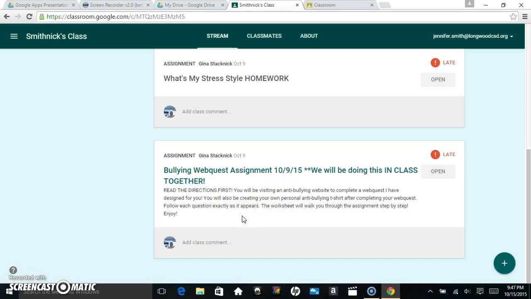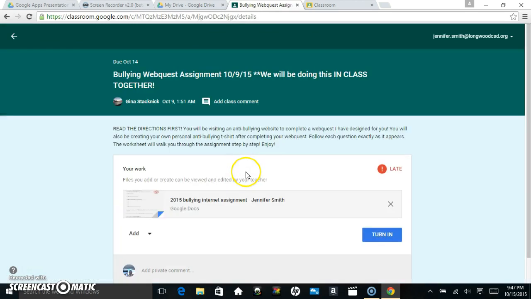Read the directions first. You will be visiting an anti-bully website to complete a web quest I have designed for you. You will also be creating your own personal anti-bullying t-shirt after completing your web quest. Follow each question exactly as it appears. The worksheet will walk you through the assignment step by step. As a student, I would simply click on it, open the assignment. I can read the directions again,